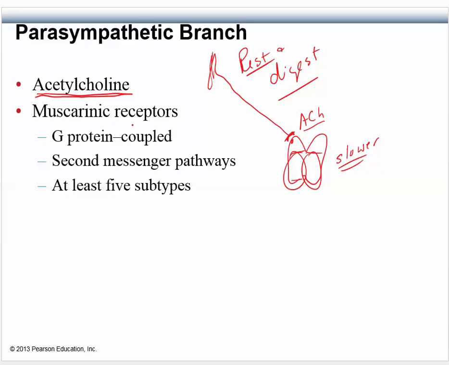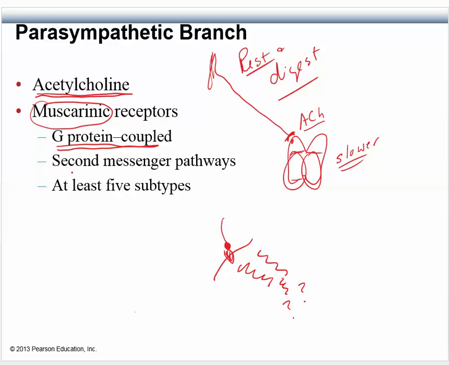Now, the thing about acetylcholine is there are two different kinds of acetylcholine receptors. One is muscarinic and one is nicotinic. When we talk about the parasympathetic branch, we're talking about this type called muscarinic. And these are G protein receptors. We mentioned G protein a little bit, but they're G protein, which means that they're not just channels. That's basically what that means. It's a receptor that sits on the outside, and then when the acetylcholine comes and binds, it will have some kind of an effect inside. Okay, whatever happens to be required of that particular organ or cell or whatever it is.